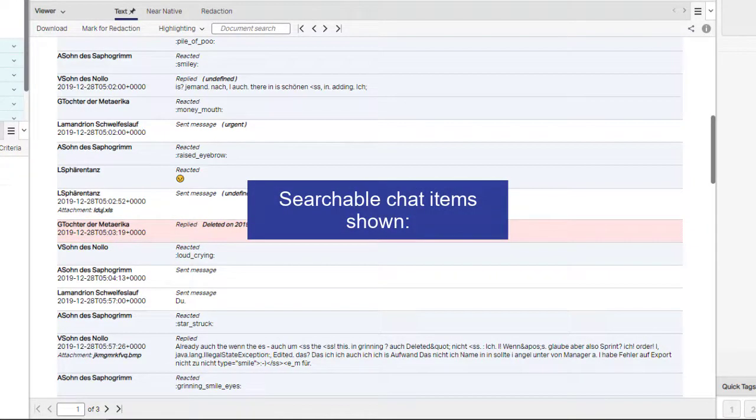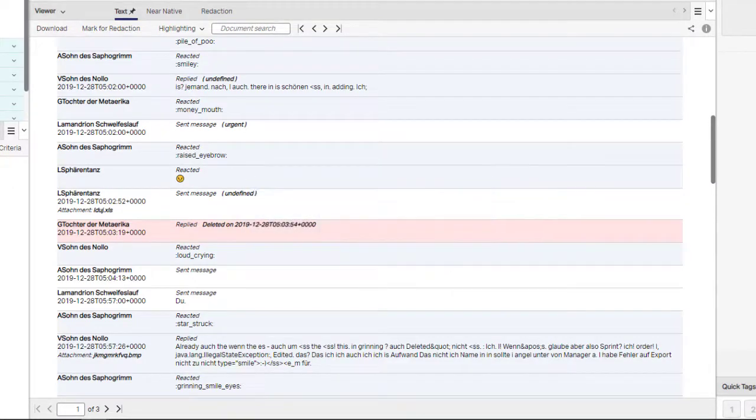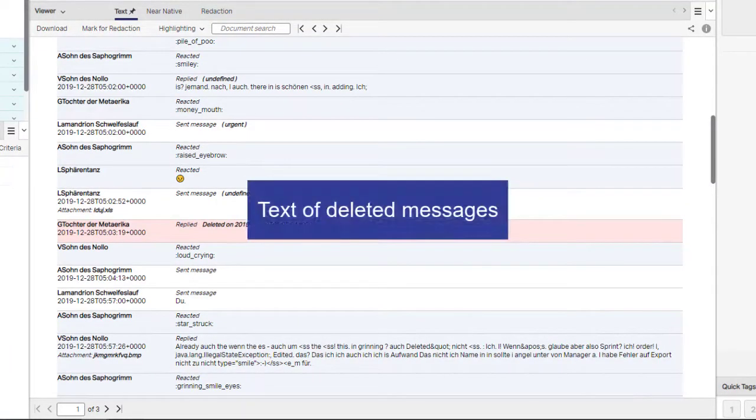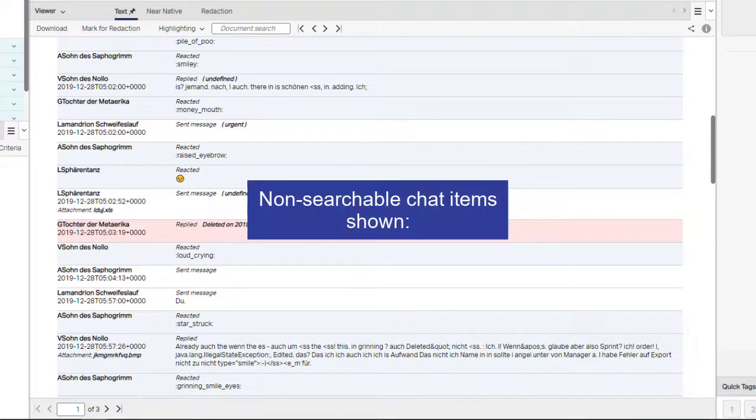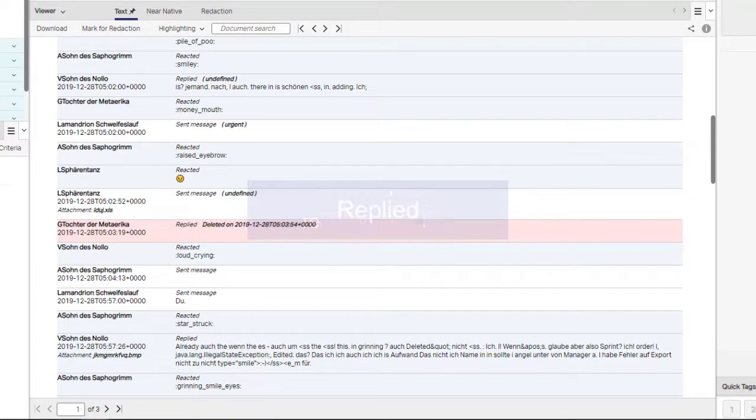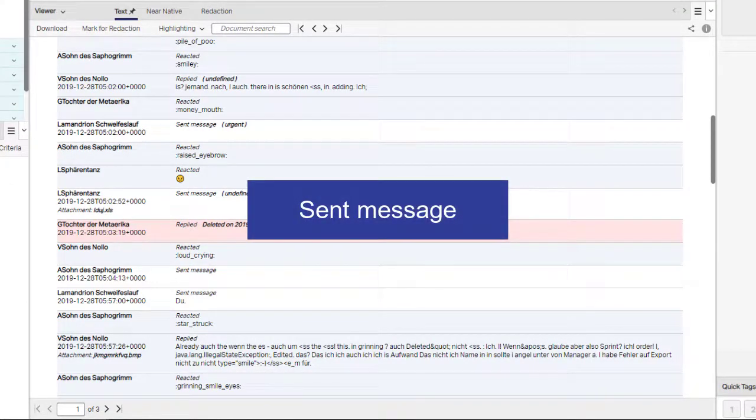These items are shown in searchable. That is, they belong to the index text. You can search for them with keyword search, room name, message text, attachment names, text of deleted messages, participant names, importance marks like high or low. Some chat activities are shown for better orientation but are not searchable. For example, reacted and the text that stands for a reaction icon, replied, sent message, deleted, date of a message,